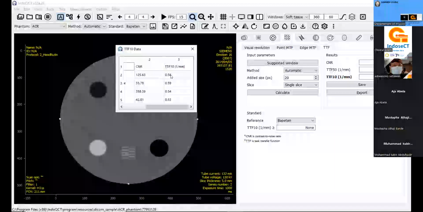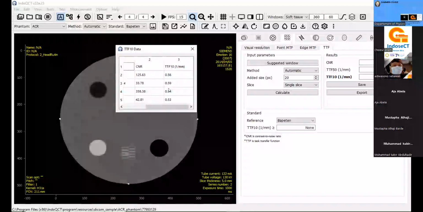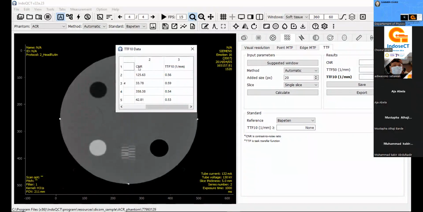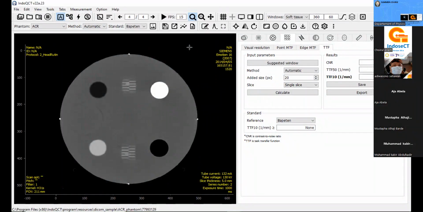So this is the TTF. We not only report the result of the resolution, but we also report the CNR, the contrast, and also the noise of the object. This is for measuring the TTF like that.